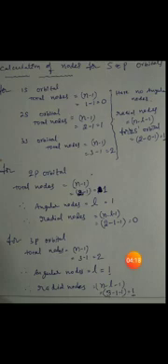Now I calculated total number of nodes. When you come to the angular nodes, for s orbitals, any s orbital there is no angular nodes. If you want to calculate the radial nodes, you need to apply the same formula, that is n minus l minus 1.